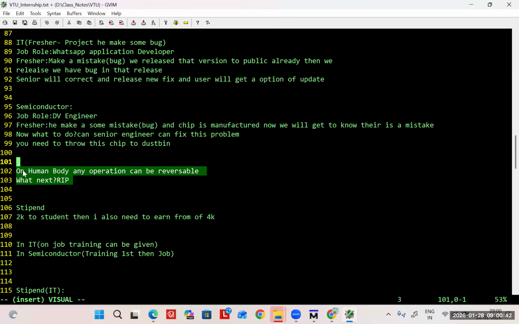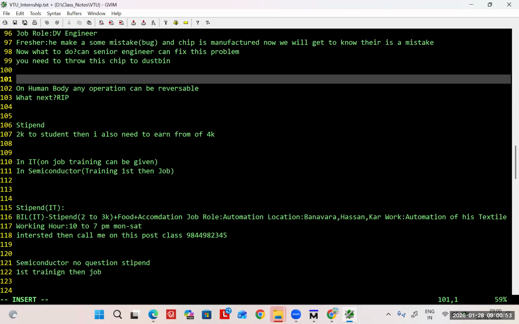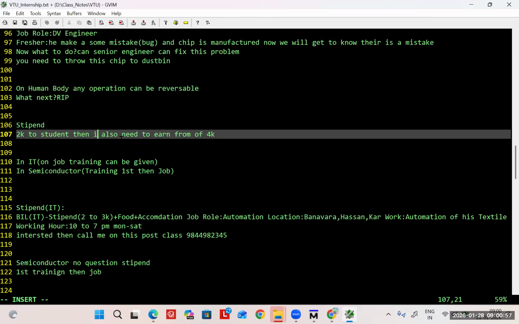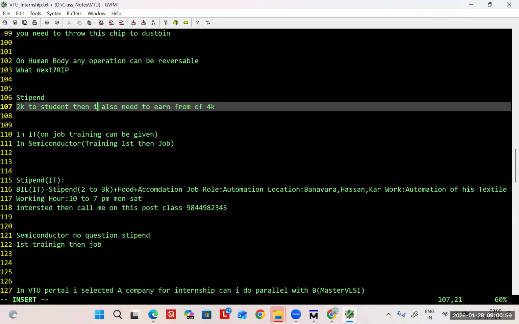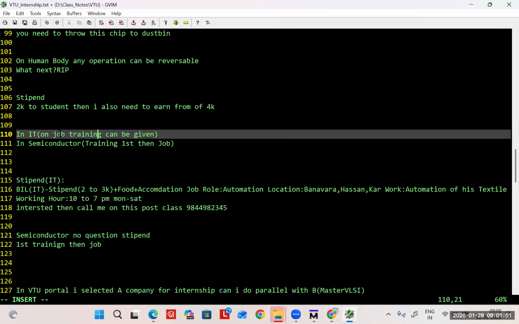In real life, if a doctor makes a mistake, that will be an RIP case. If you make any mistake, that will be your dustbin case. Here cost is involved, here a human being is involved. That's it. Okay. So in IT, what happened? Nothing. On the job,